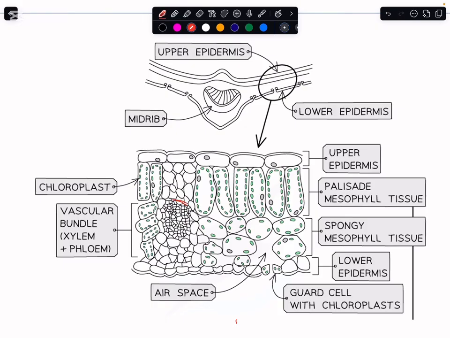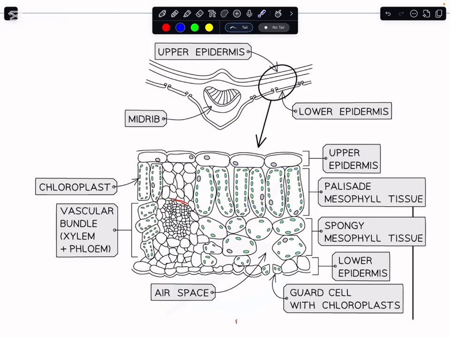And here in the leaf at this point, we have got the vascular bundles. As I have mentioned earlier, the vascular bundle has the xylem and the phloem in it. The identification of this phloem and xylem is also important, but that would come in the other chapter on transport in plants. So here you see that at the top we have the epidermal tissues, then we have these